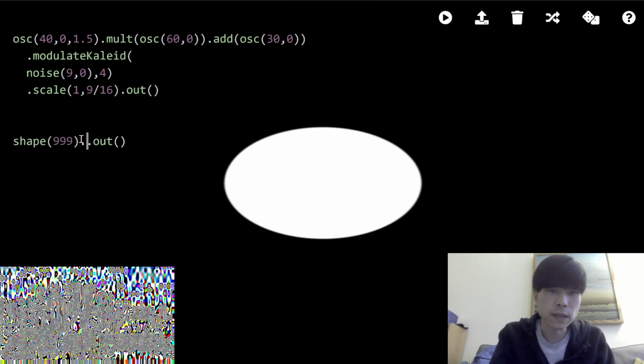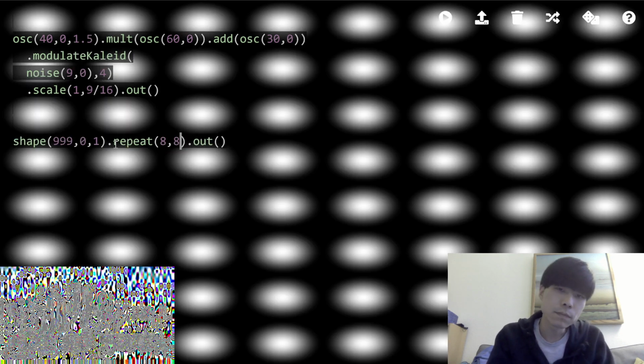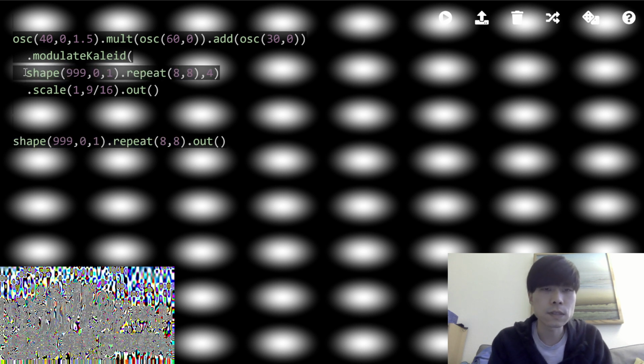So I just take a shape, perhaps a blurry one, and then repeat. I mean, this would work, but it's too regular. Too much pattern in it. So if I replace this noise with this shape, repeat,